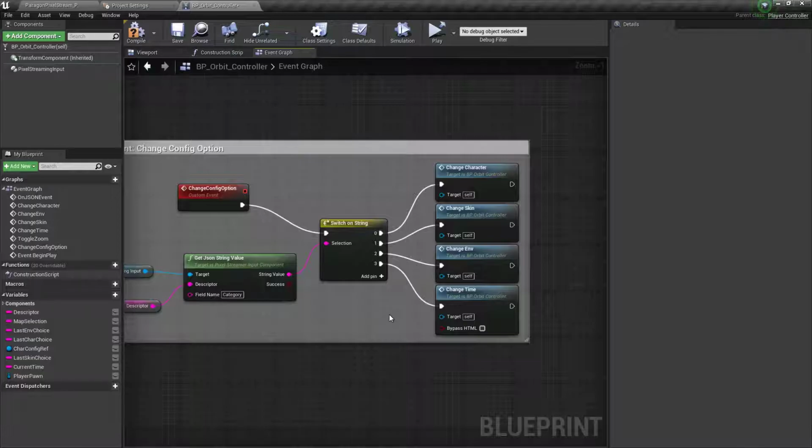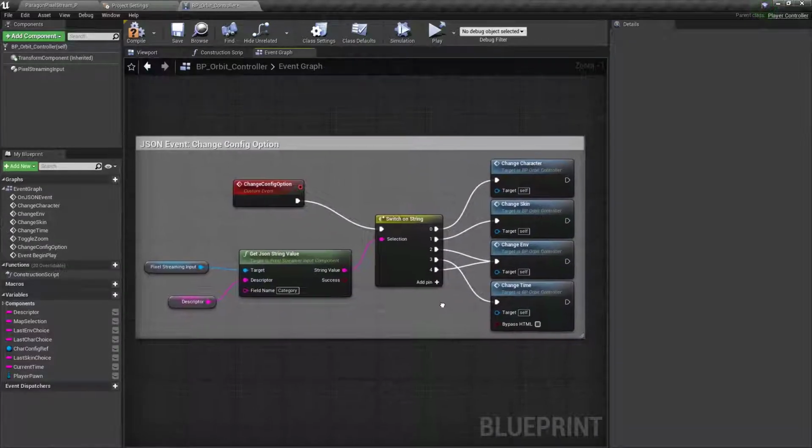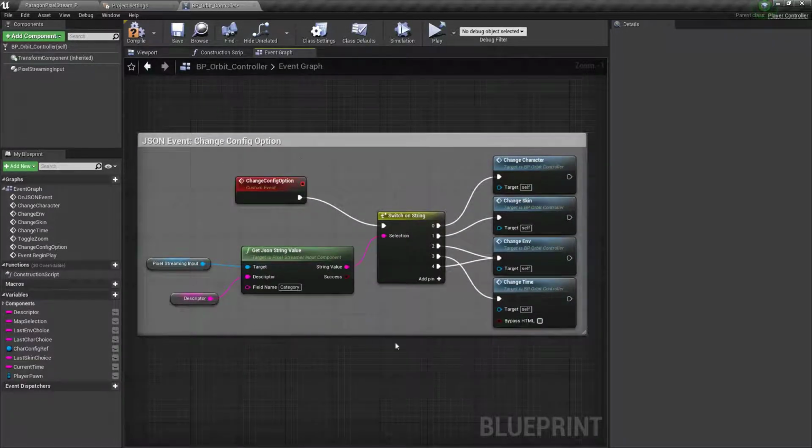Just for an example, let me create another string value. And in case of consistency, I'll just call it 4 and make the category value 4 also change, let's say, the environment. I will later show you how this is connected in the website.